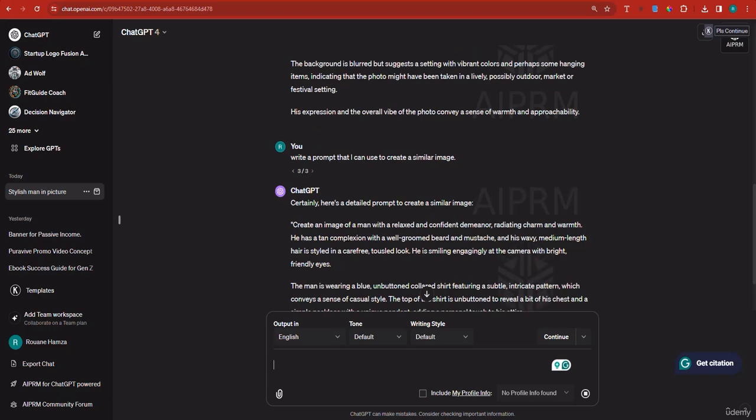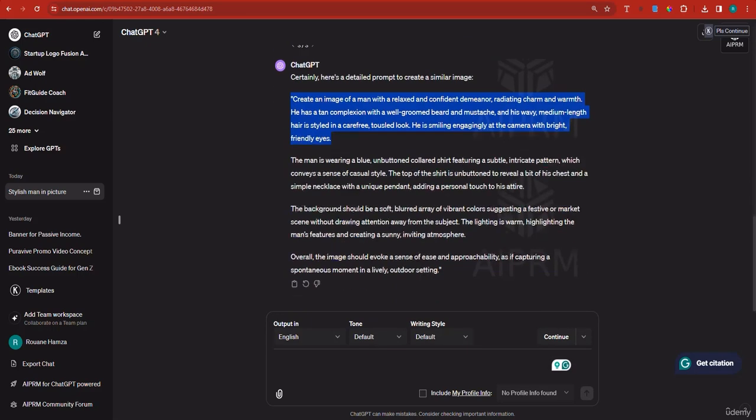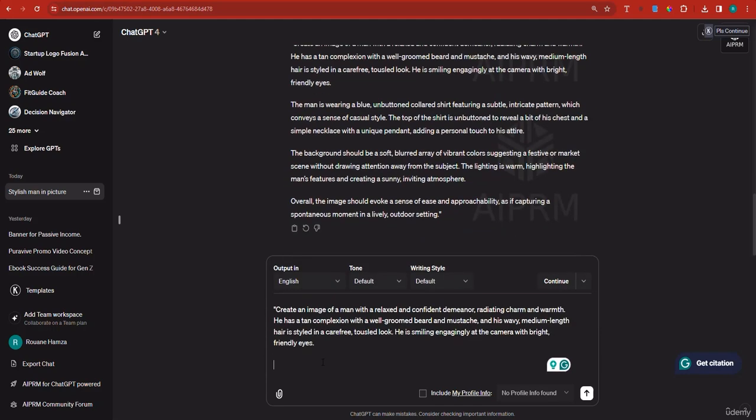Create an image of a man with a relaxed and confident demeanor, radiating charm and warmth. He has a tan complexion with a well-groomed beard and mustache, and his wavy medium-length hairstyle is carefree, and so on and so forth. All I got to do is copy this, and now if you paste this into DALL-E,